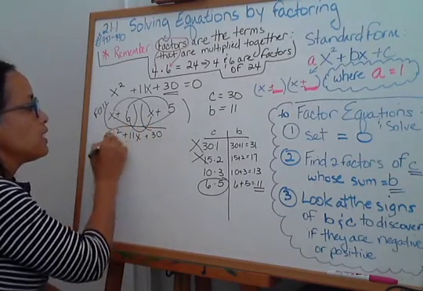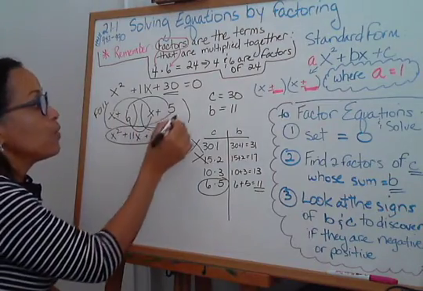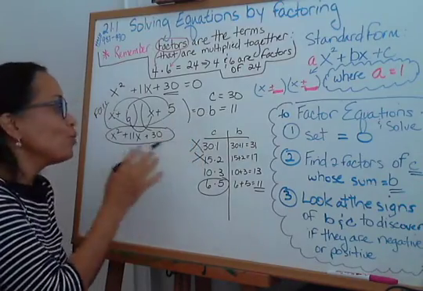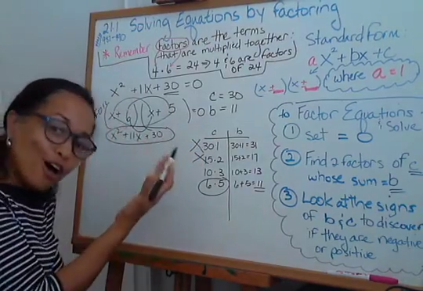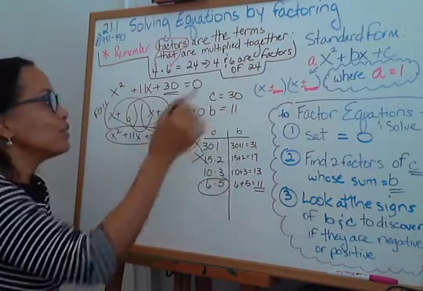So as you can tell, we got what we started with, so my answers are correct. I set it equal to 0 in the beginning because I don't only just want to factor because I love to factor, I do, but I also want to solve. And in order to solve, I'm going to